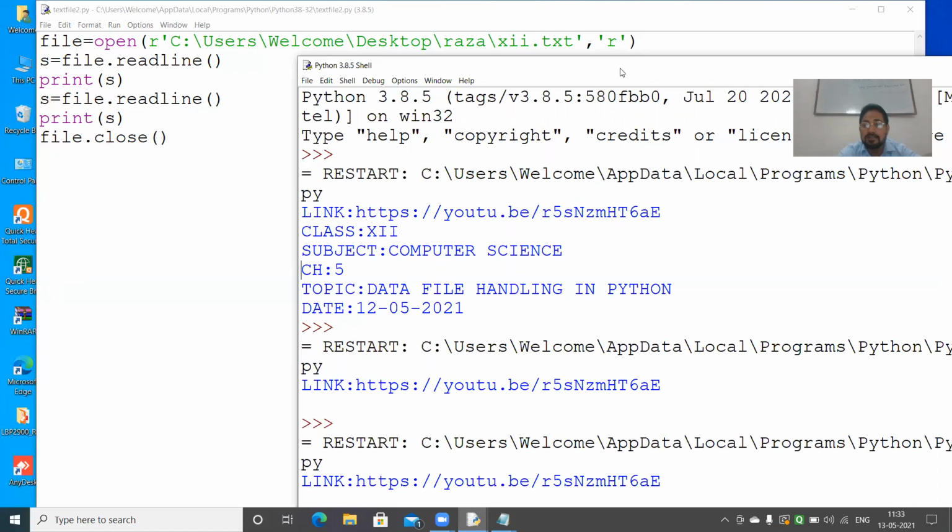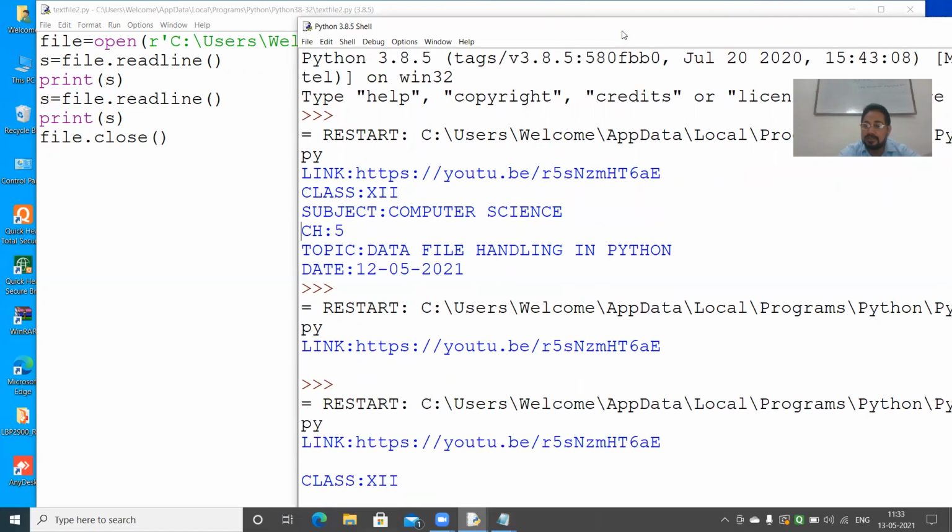One line is YouTube something, and then so the better option is this only, read, when you are reading. Otherwise you get an extra space, because backslash n means new line, and because of the new line you are getting an extra space here. Okay. Clear to you?